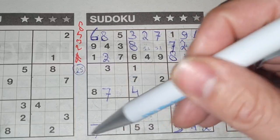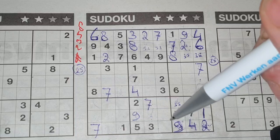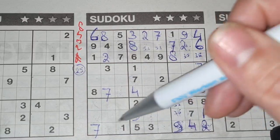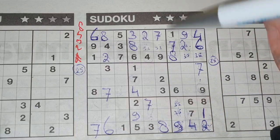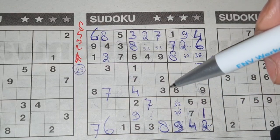2 numbers left in this row. 1, 2, 3, 4, 5. 6 is missing. And the 8 is missing. 6 and the 8. We see here an 8. No 8 there. 8 should be here, and the 6 goes there. And 6,